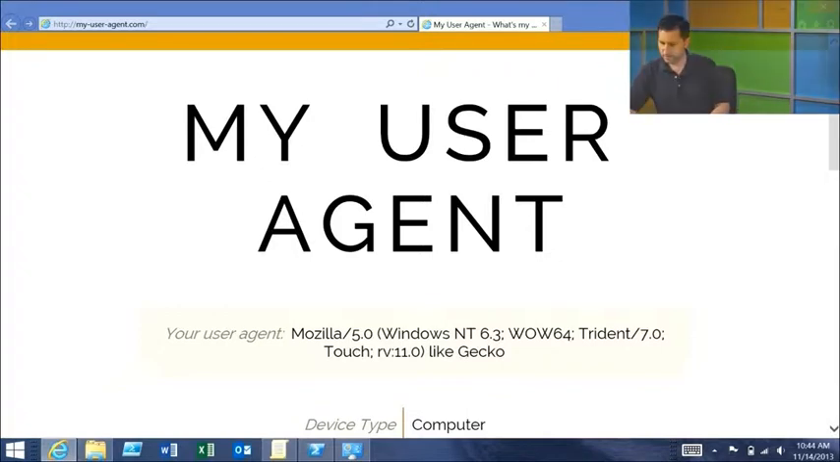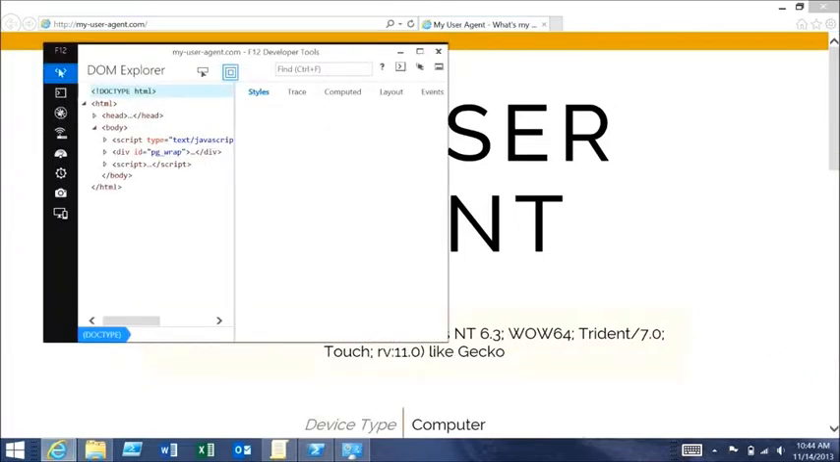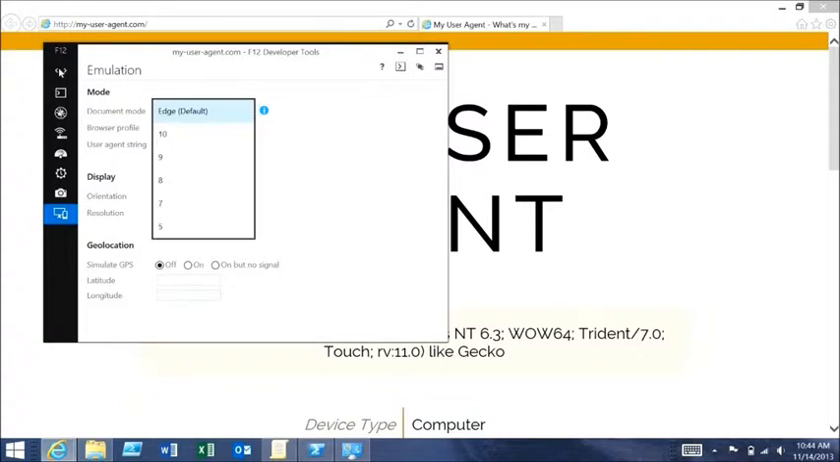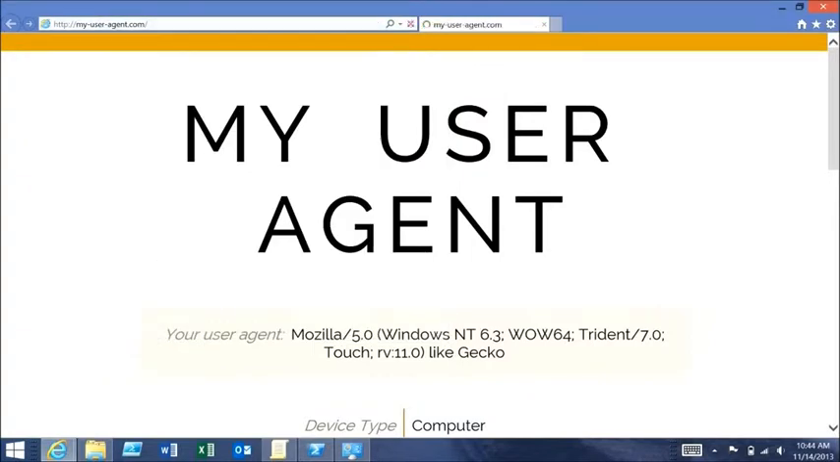If I go into the F12 developer tools, if I press F12 here, you'll see that I have some tools down at the bottom, and I can make this window a good bit bigger. I can go into the last tab here, and for testing purposes, I can set it manually to a different document mode. At this point, I can choose to say, let's set this in IE8 mode. And you'll see if we refresh this,